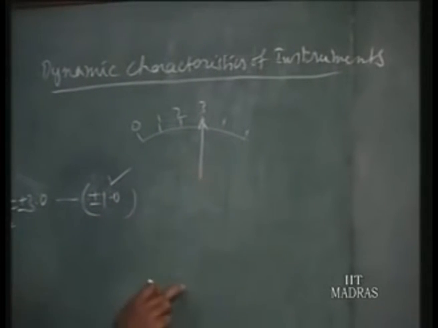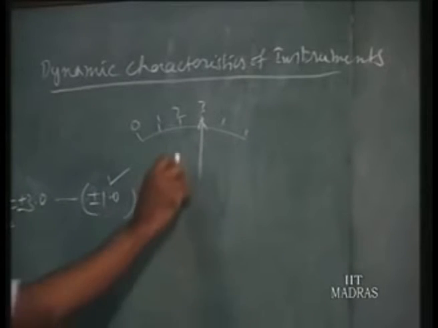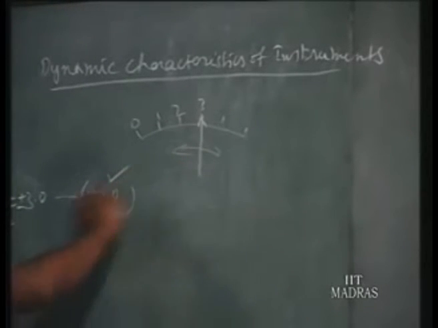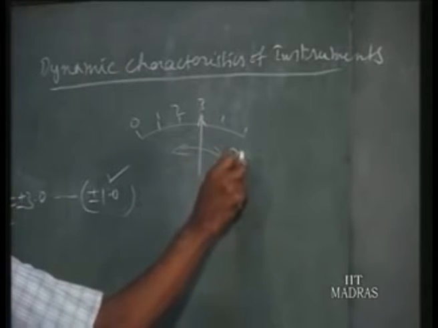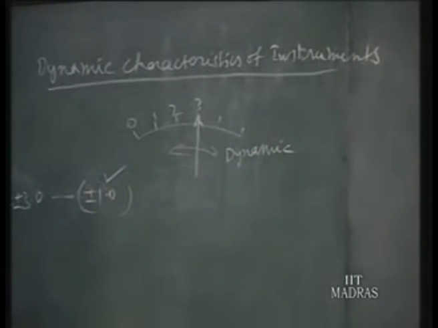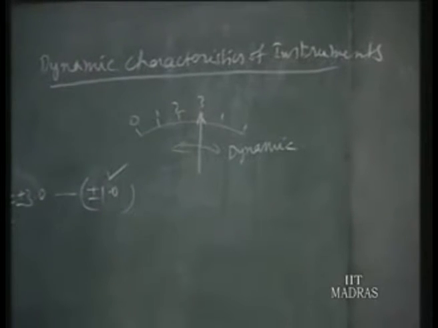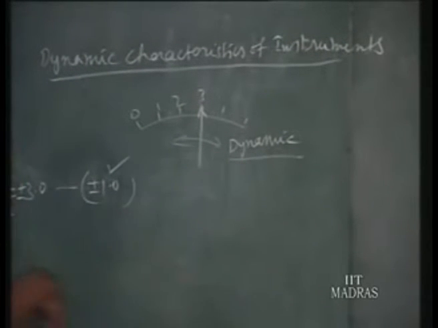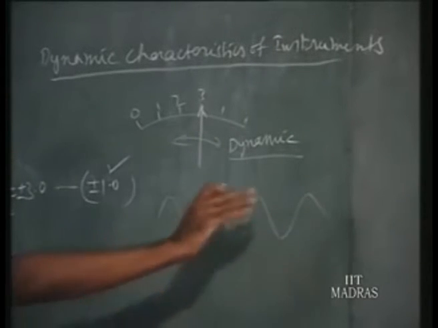That is possible only if the parameter doesn't change during the measurement. Suppose it is continuously oscillating and doesn't have any fixed place, then you cannot note it down. Such oscillating signals are called dynamic signals. Dynamic means always changing, so you cannot make any reading there. In such instances, how do we study such things? In that case, we go for recording.